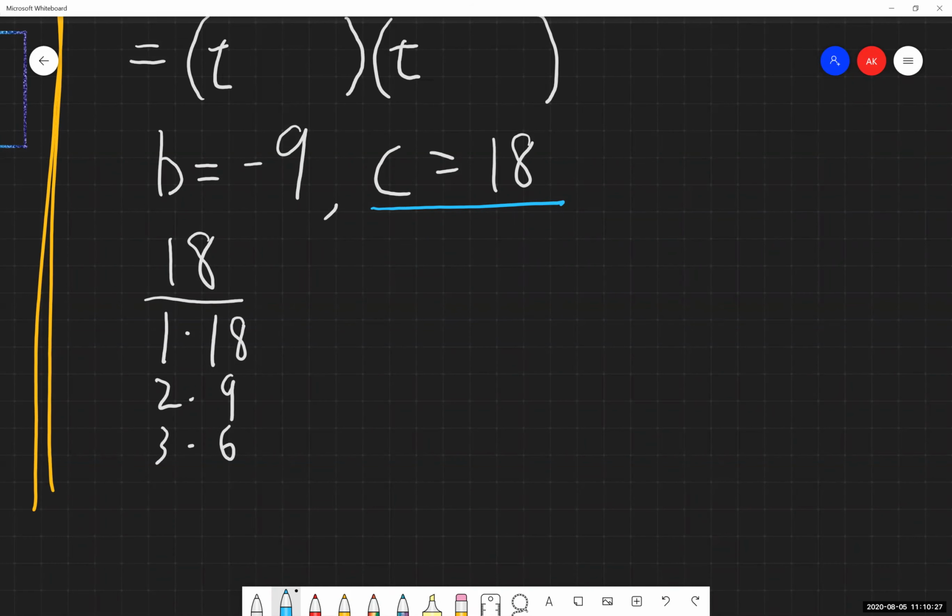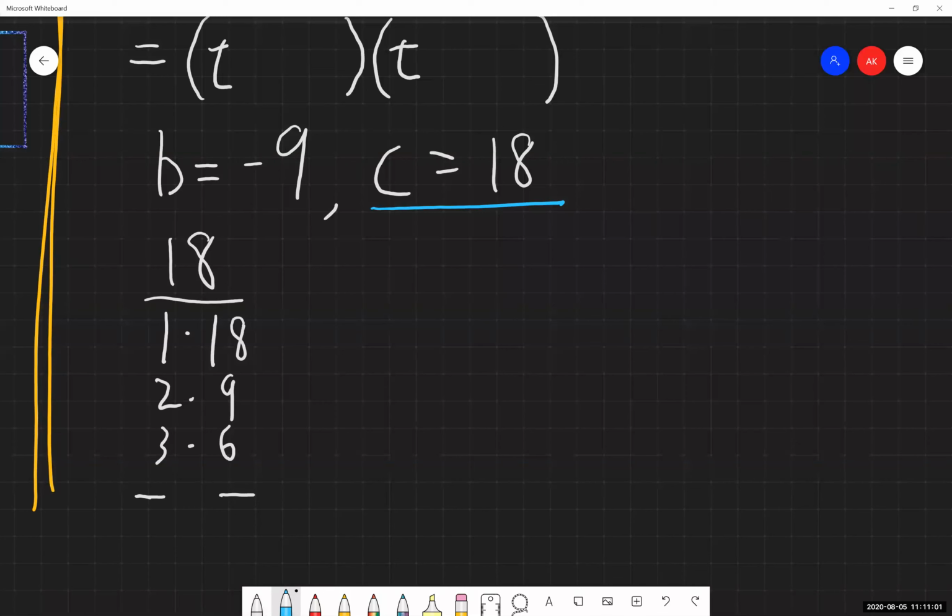My b value tells me that when I add these things together, I get a negative answer, which is the giveaway hint that both of these columns must have negative numbers, because I can't add a positive number and another positive number and get a negative number. But I can combine a negative number with another negative number, and my result will be a negative number. So I know both of these columns have negatives in them.